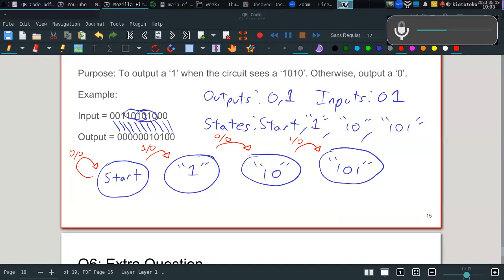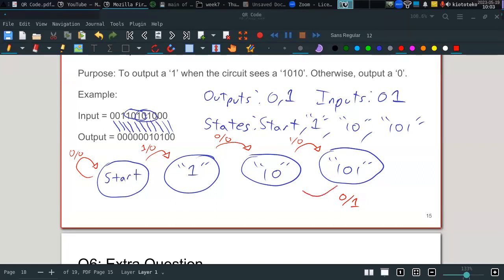Anyone guess? One. No, yeah, I guess so. You have a 0 here and you'll output a 1, but we need to connect this state to another state, no? Exactly. Because that way we can restart